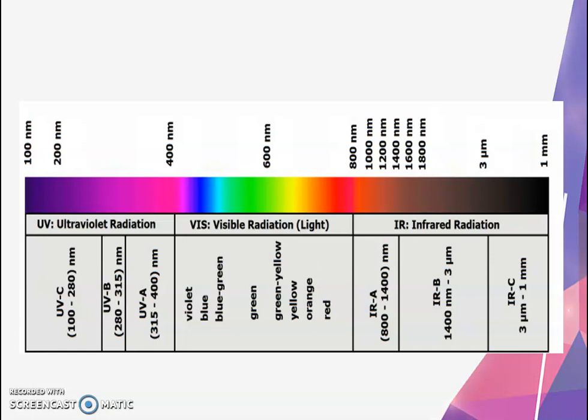For example, if the sample absorbs between 200 to 300 nanometer, then we can analyze with help of UV spectroscopy. If the sample absorbs radiation between 400 to 800 nanometer, say 700 nanometer, then it can be analyzed with help of visible spectroscopy. And similarly, if it absorbs the radiation above 800 nanometer, for example, say 1500 nanometer, it can be analyzed with help of infrared spectroscopy.